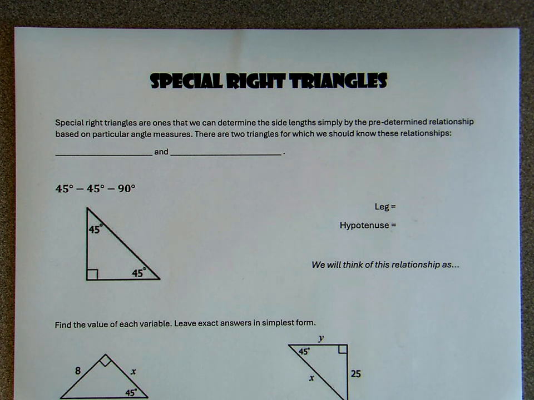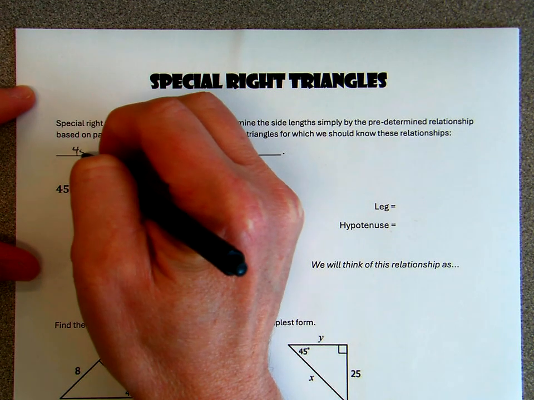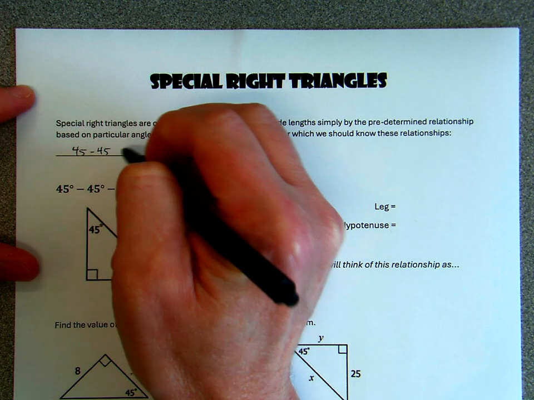So in this video, we're going to look at what we call special right triangles. Now, if we have a right triangle, two things should come to mind: the Pythagorean theorem, which relates the three sides, specifically in a right triangle, and SOHCAHTOA, which relates angles against sides, specifically in a right triangle. But if we know very specific angles in a right triangle, mainly a 45 degree angle